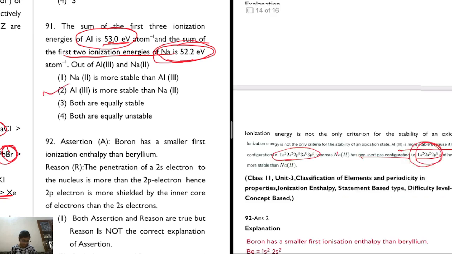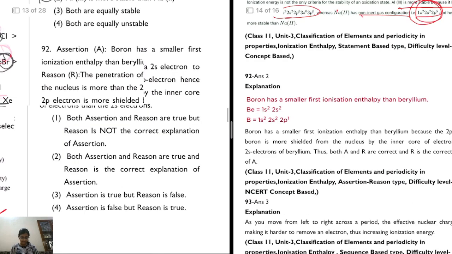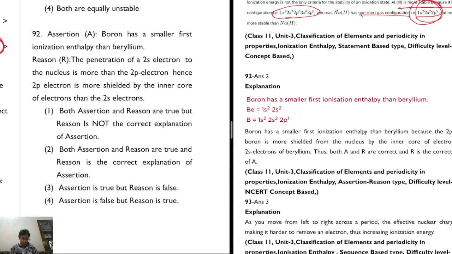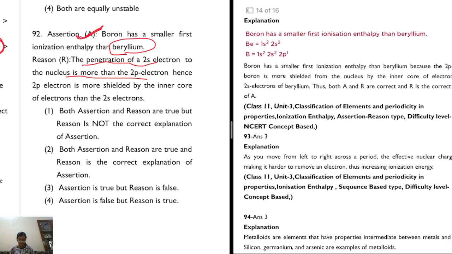Let's see the next question. The assertion is given: boron has a smaller first ionization enthalpy than beryllium. Yes, this is right. Beryllium has a stable configuration. The reason is the penetration of a 2s electron to the nucleus is more. This is also correct. Okay, see, for beryllium this is the configuration, for boron this is, so it will easily lose an electron and it will have a lesser